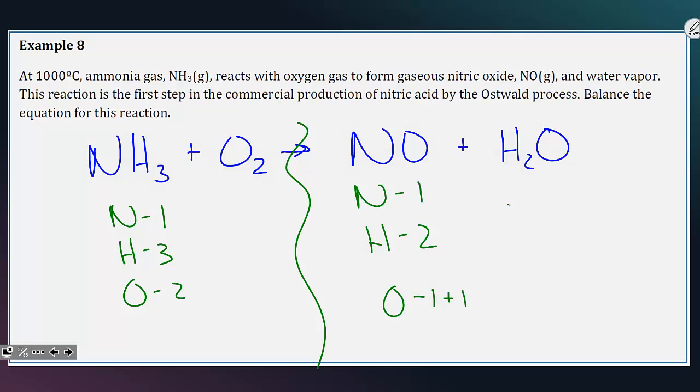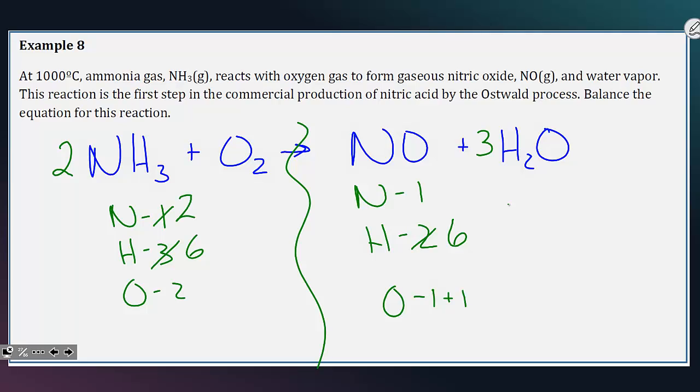One nitrogen becoming 1 nitrogen is fine, but 3 hydrogens and 2 hydrogens are not balanced. Now, nothing times 2 gives me 3, and nothing times 3 gives me 2, but they could both get to 6. So if I put a 2 in front of ammonia and a 3 in front of water, that'll give me 6 hydrogens in each one,